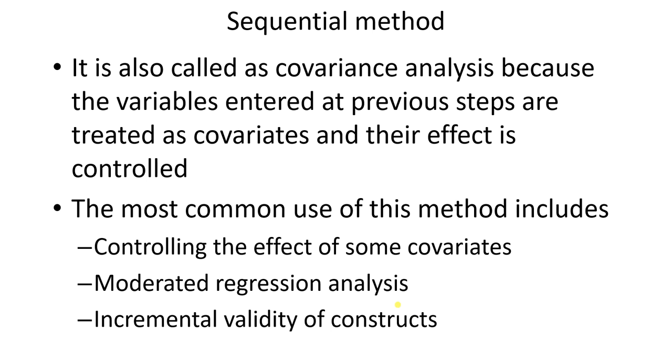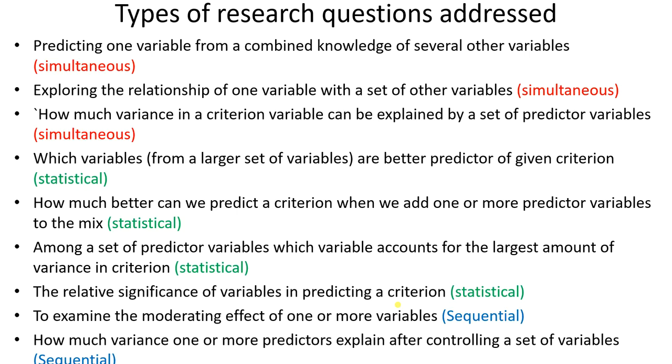Emotional processing is different from alexithymia. Suppose we want to test whether emotional processing is really predicting more than what is being explained by alexithymia, then we will enter alexithymia at the first step. Then we will enter the new construct, that is emotional processing, in the second step. And after controlling for alexithymia, if the emotional processing is also contributing significantly in explaining health variance, then we can say that this emotional processing construct has an incremental validity also. So this incremental validity can be established using the sequential method.